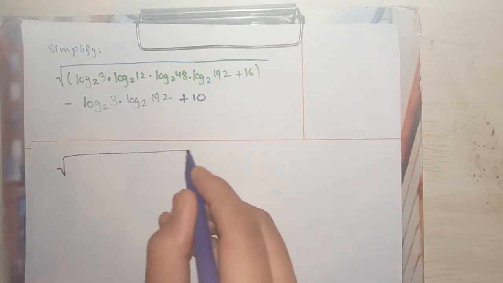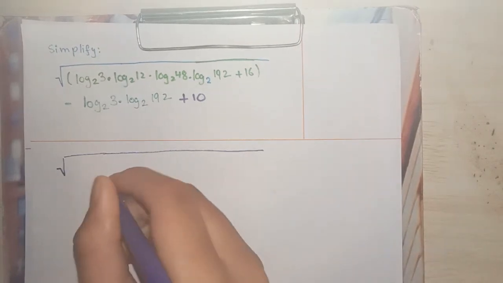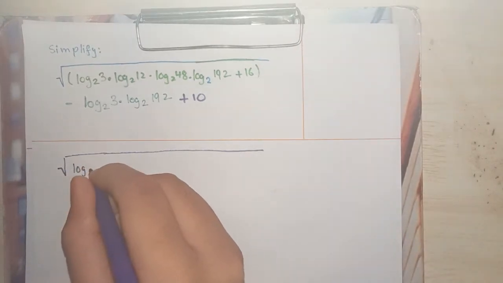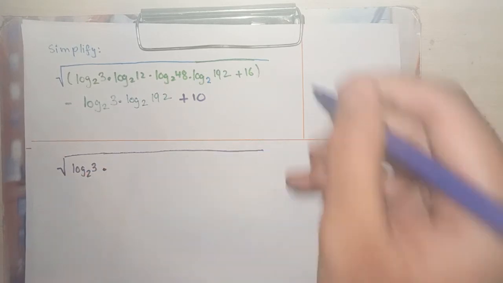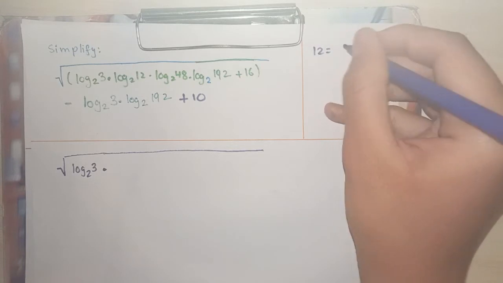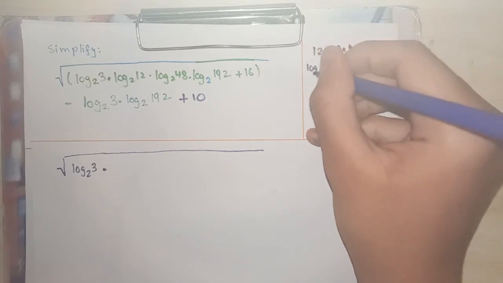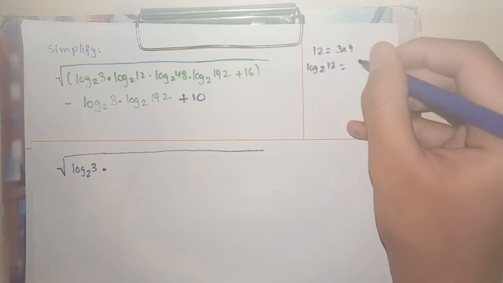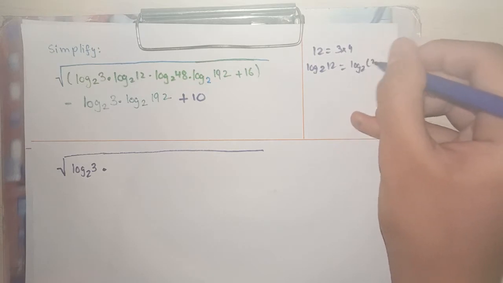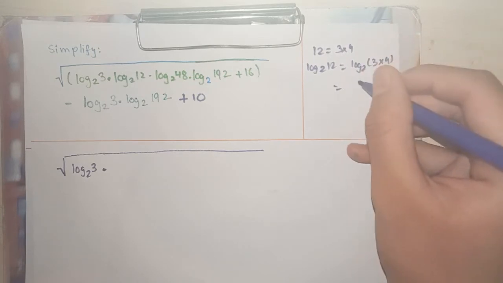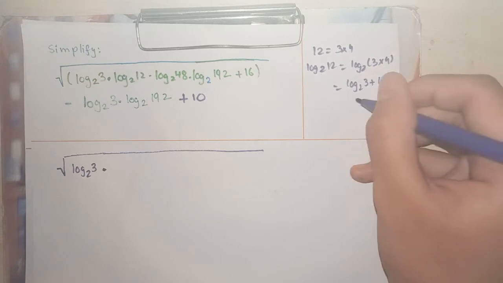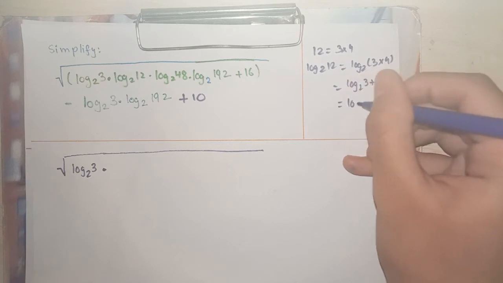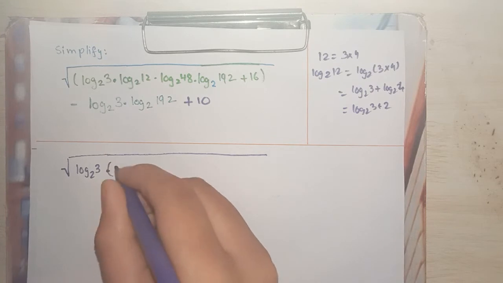The first clue is the numbers. So the first one, we can write it as log of 3 times log of 3 to the base 2. 12 is 3 times 4, so log base 2 of 12 is just log base 2 of 3 times 4, that is just log base 2 of 3 plus log base 2 of 4, sorry, and that's just this thing. So we can just plug that in here,